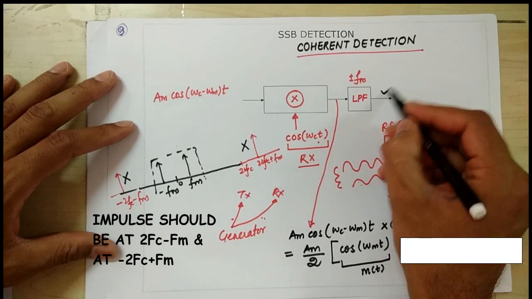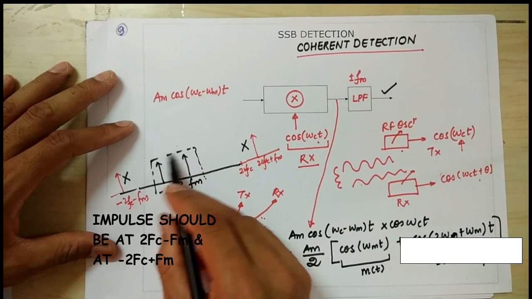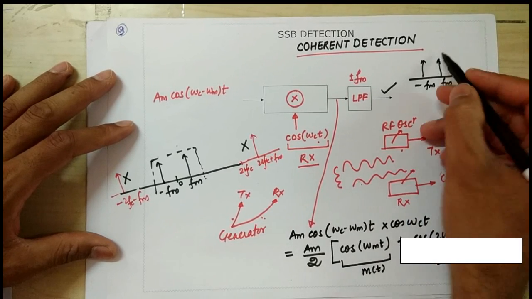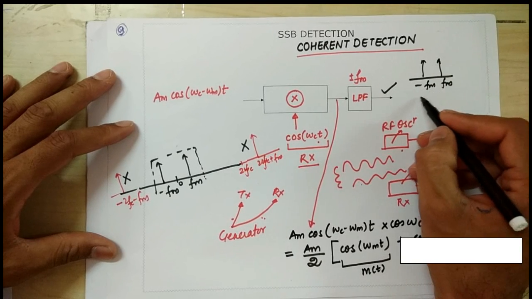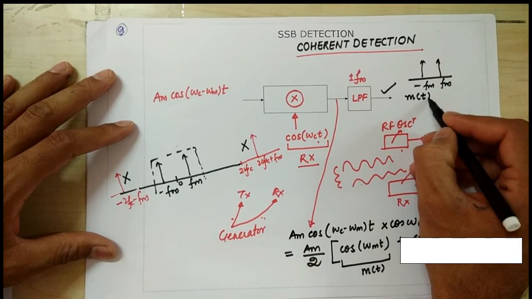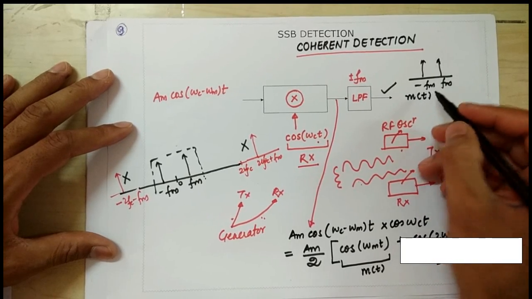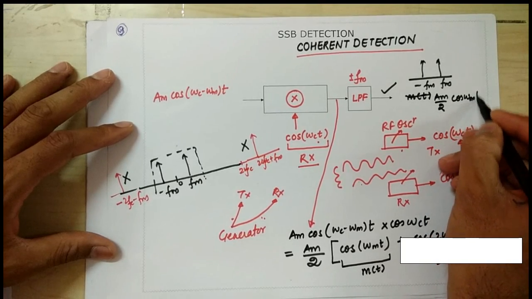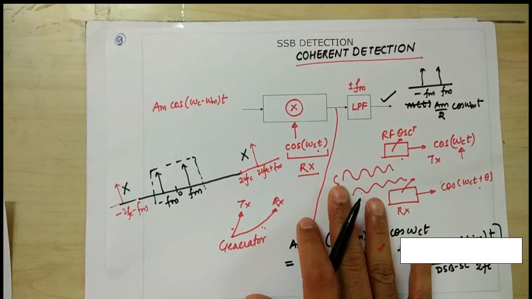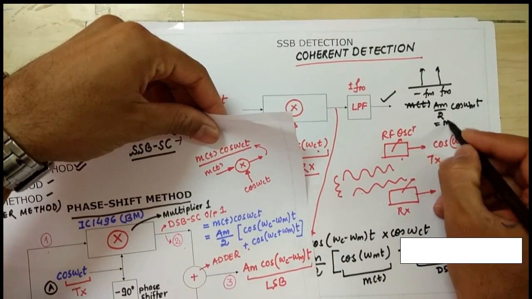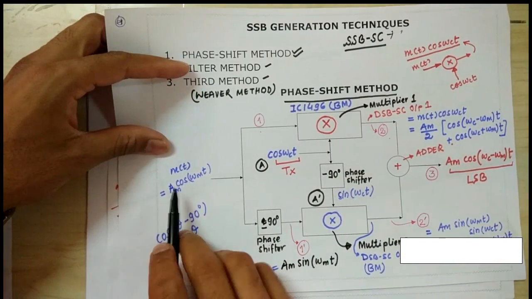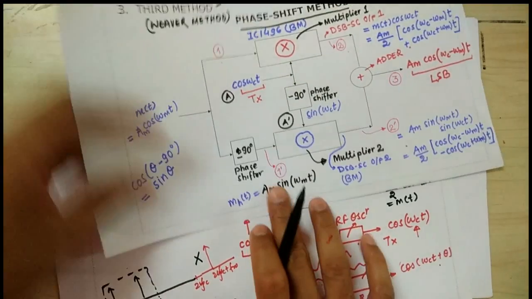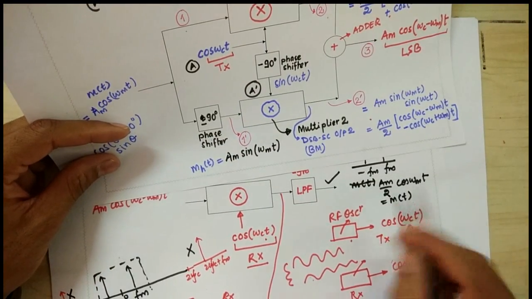So at the output of this low pass filter we get only this, which is basically fm and minus fm, and this is nothing but our message signal in the time domain, m of t. This is basically Am by 2 cos omega m t. For the input I have given, this is my recovered message signal. The input message is Am cos omega m t, and here it is Am by 2. So it is just a matter of fact that the amplitude gets scaled by 2, but the shape remains the same.